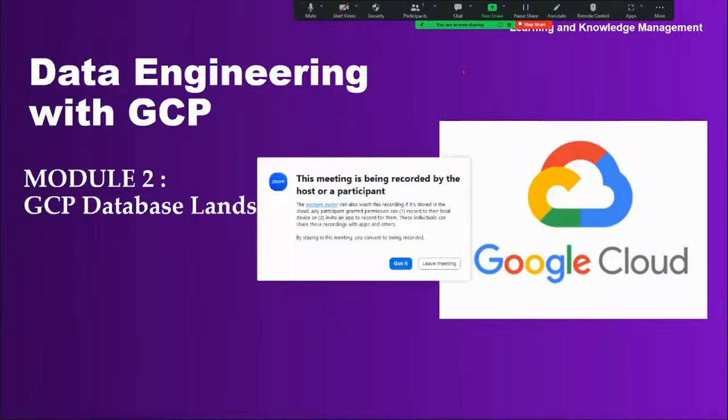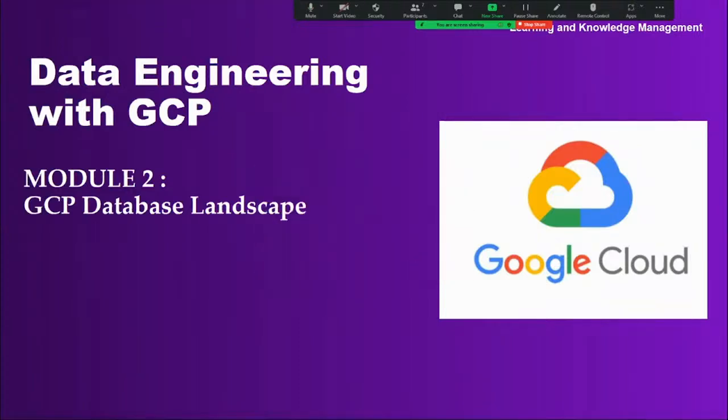From today onwards, we're going to discuss the very first topic, that is, in GCP, we have the GCP database landscape and big data landscape. So one by one, we are going to start. In the first half, I'm going to explain a few concepts related to the databases, that is our Google Cloud Storage. And after that, we're going to start with